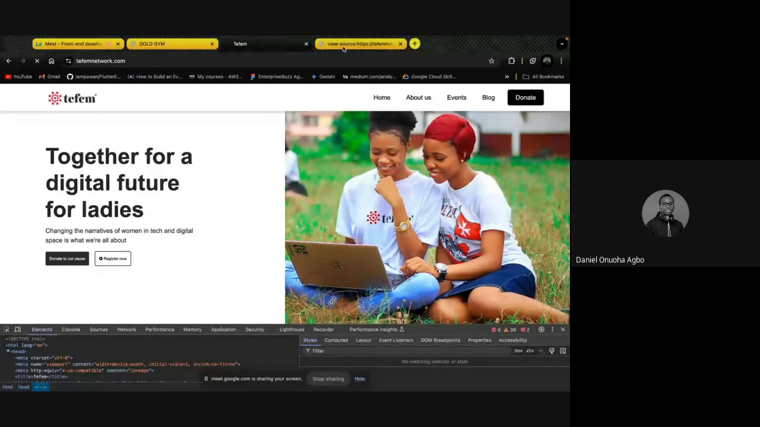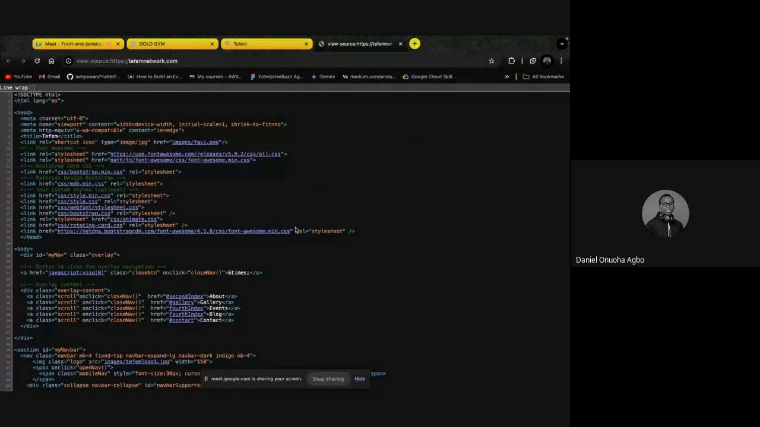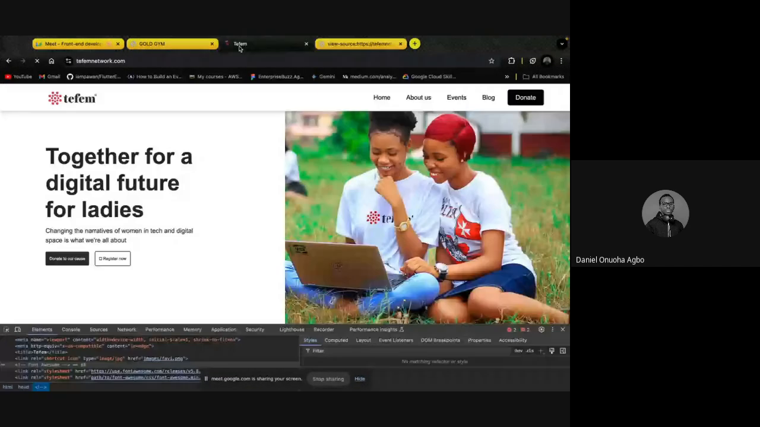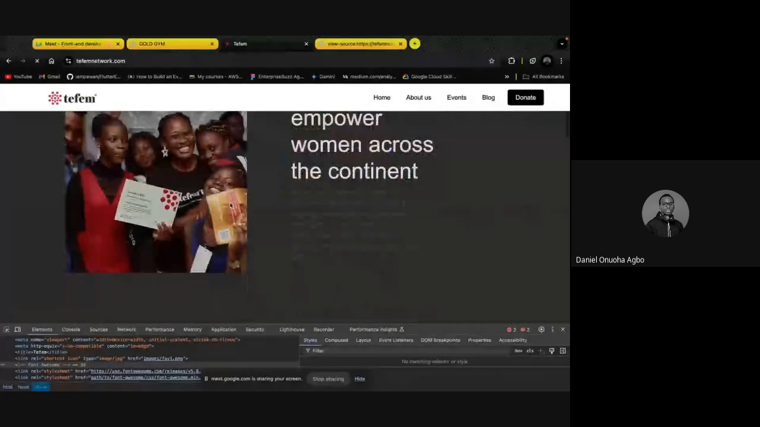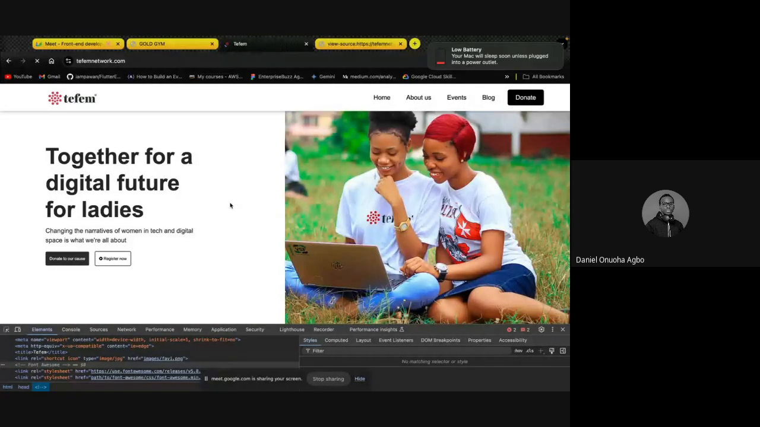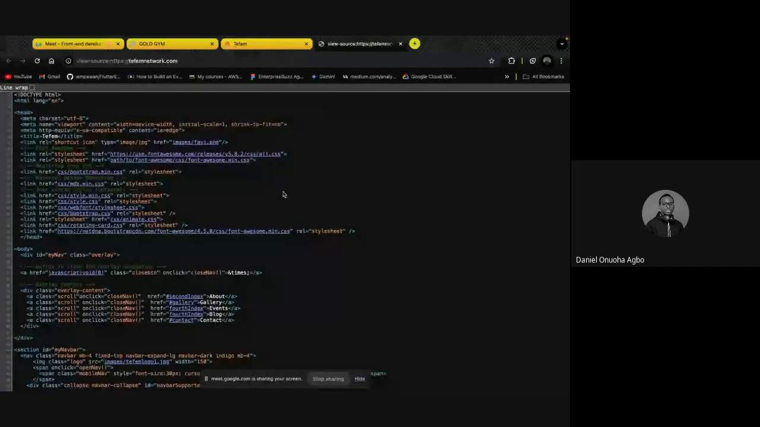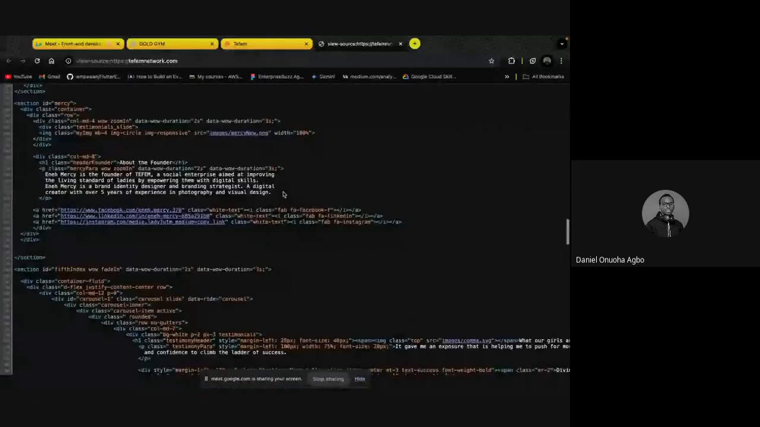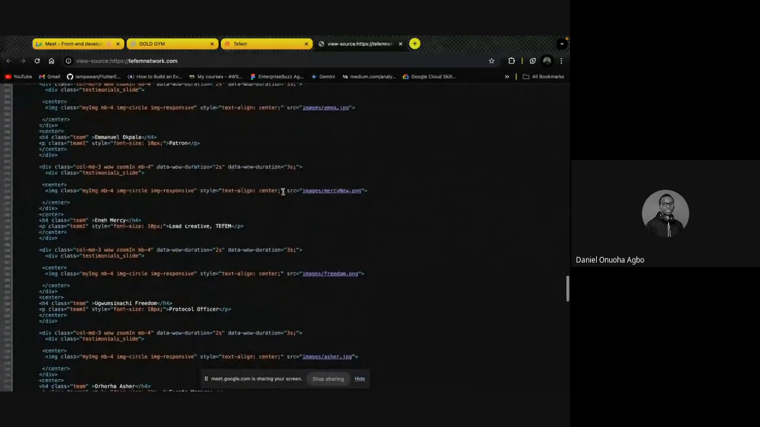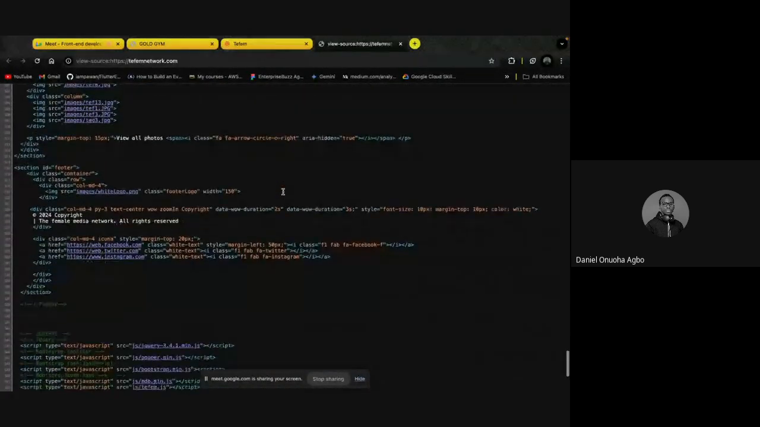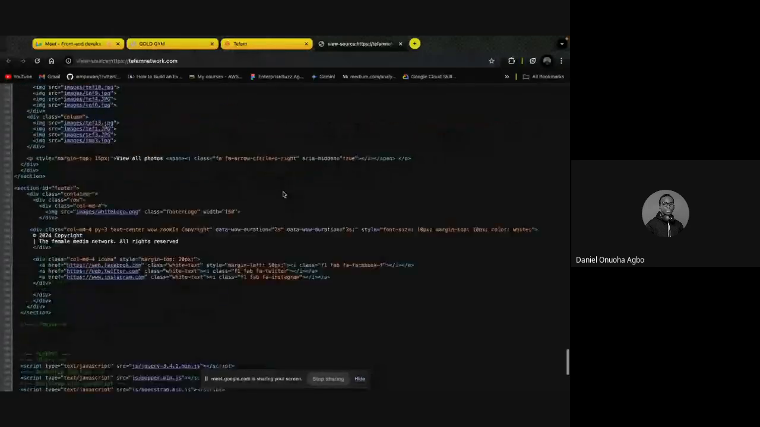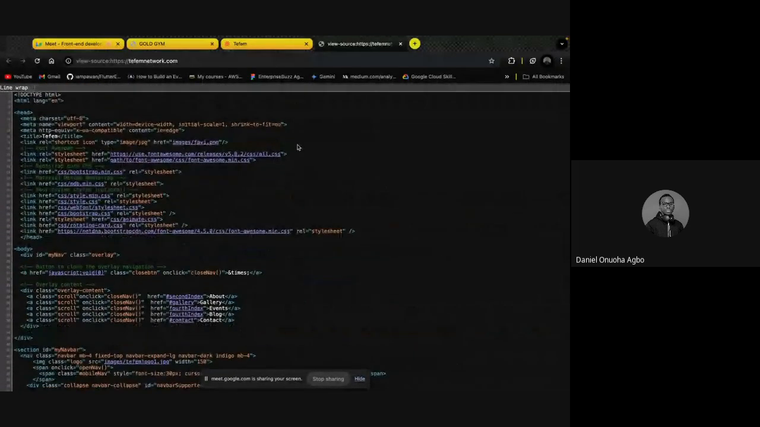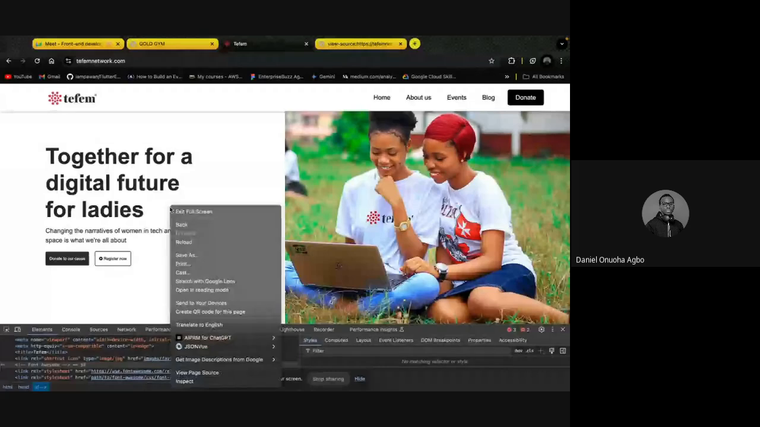Let me reload this. So if I'm to build exactly the TFEM website, I want to clone this website exactly, and I don't want to recode it. What I will do is come to the source here and view the HTML. This is the HTML of the home page, TFEM's homepage. So you could see how to bring it out. You right click and go to page source,